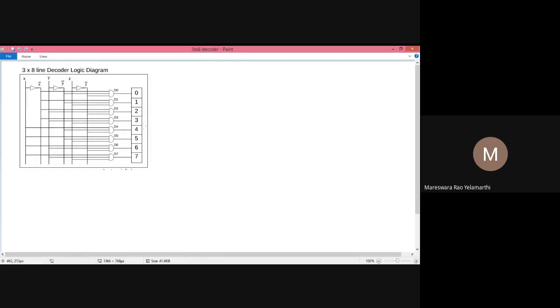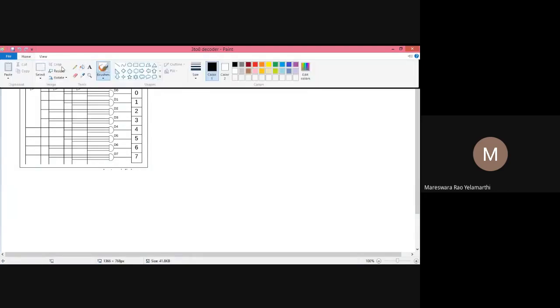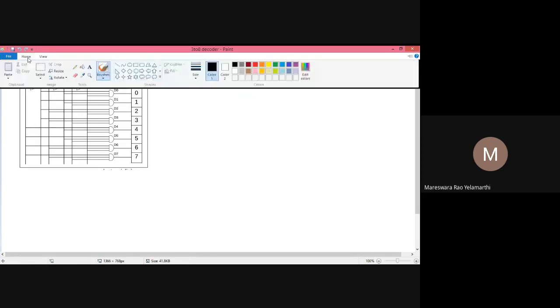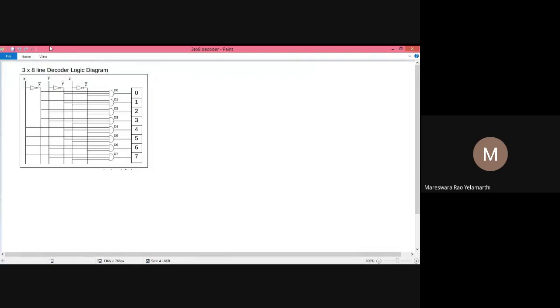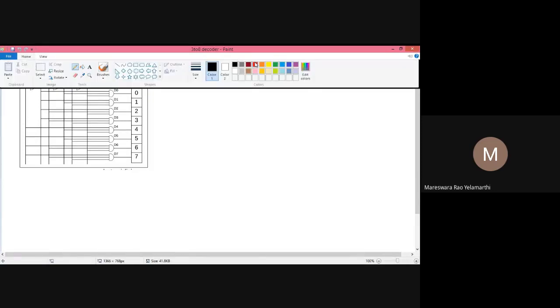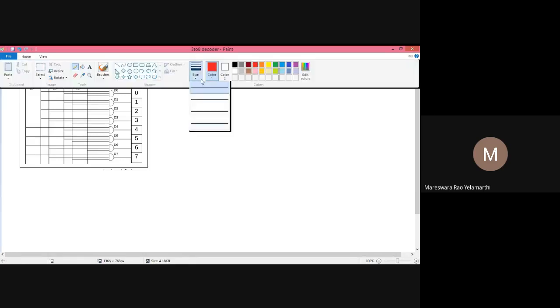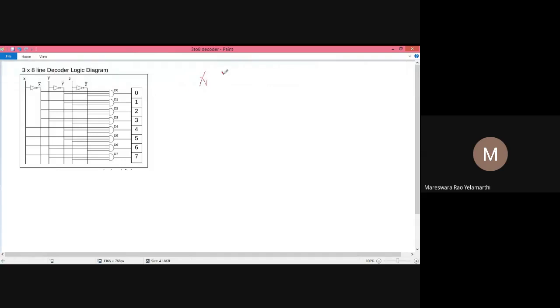So I am going to explain the 3 to 8 decoder. In this 3 to 8 decoder, we have three inputs. For these three inputs, we are going to apply the input signal, and based on that, we are going to take the output. So here we have X, Y, and Z. These are my three input signals.